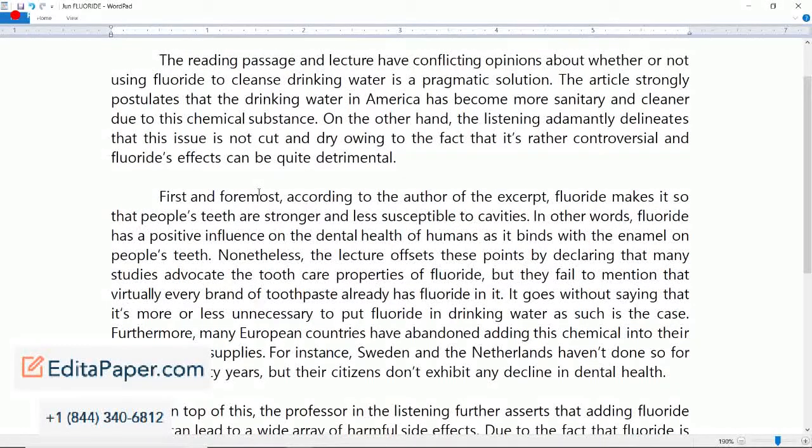All right, maybe not as many synonyms or different sentence structures, but the amount of information that I included in this sample essay is just about right. You don't need more than this. And if you have more than this and your typing speed plus accuracy aren't up to par, then you would have wasted a lot of time. So don't include and paraphrase too much information from the reading passage.